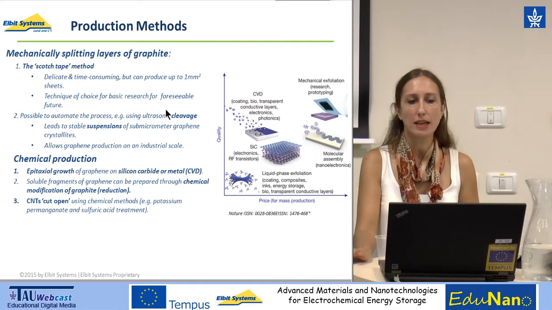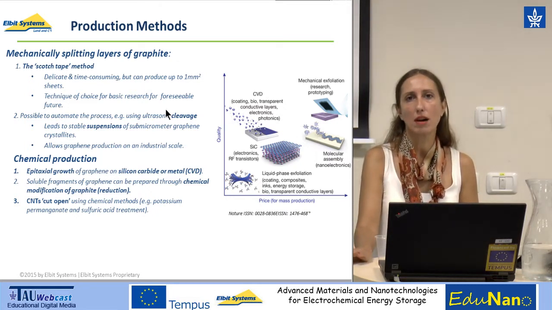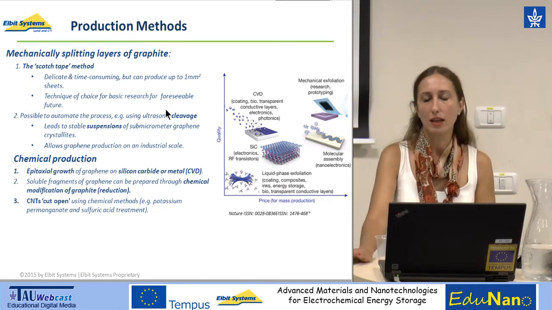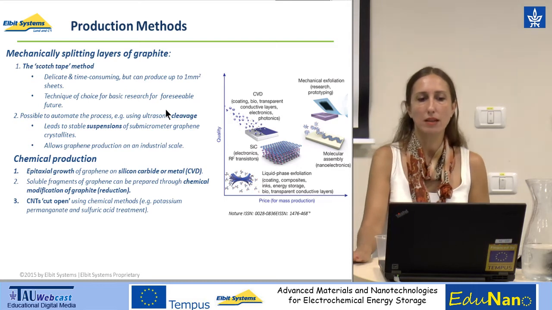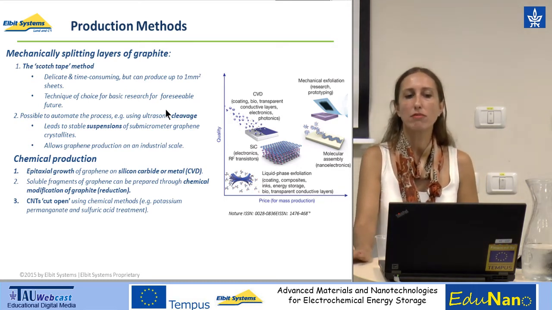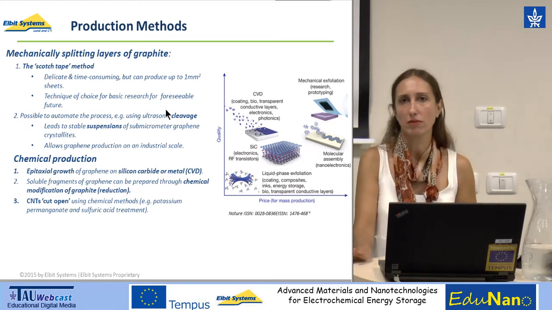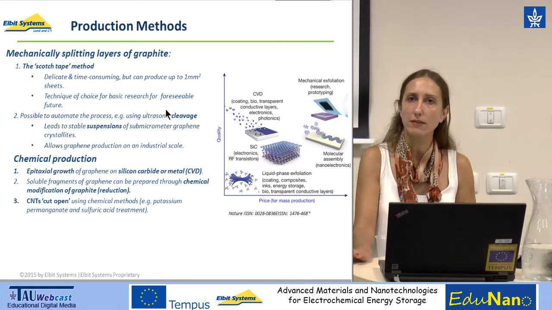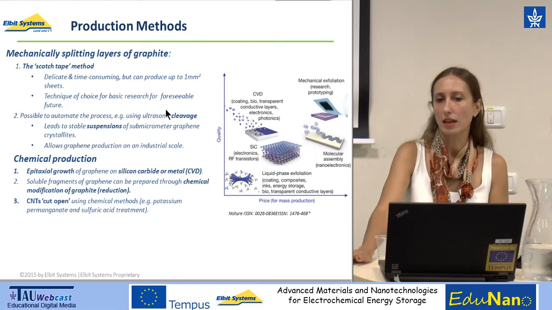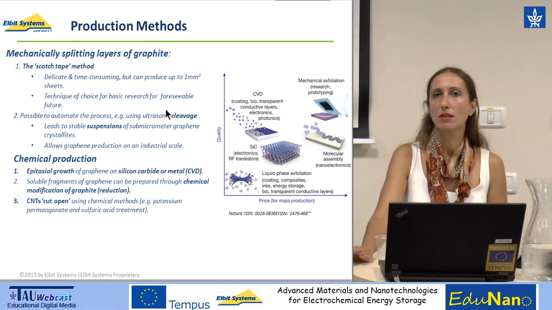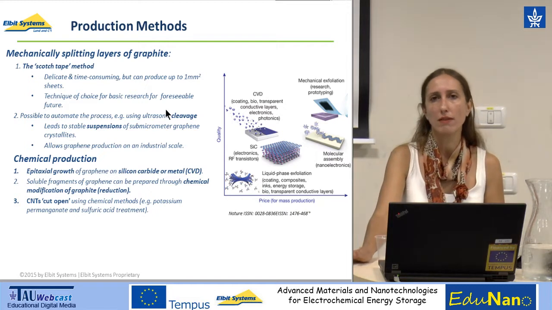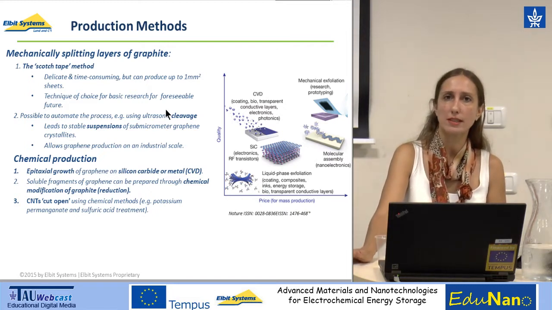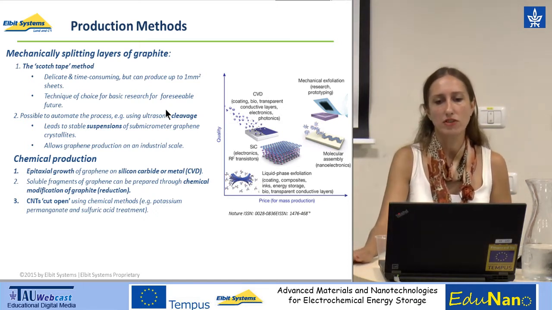The first one is the epitaxial growth of graphene on a silicon carbide substrate or on a metal substrate by using a chemical vapor deposition technique. The second chemical method is the soluble fragments of graphene being prepared through chemical modification of graphite, especially graphite reduction. Actually, this is in comparison to the CVD methods, which are very costly techniques, and also the surface size of the graphene sheets is limited to the wafer, for example. The chemical modification of graphite via reduction method is actually more cost effective than CVD